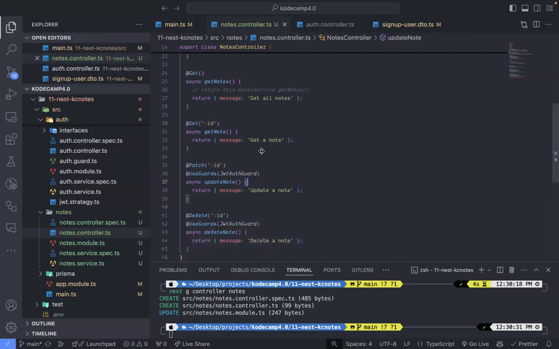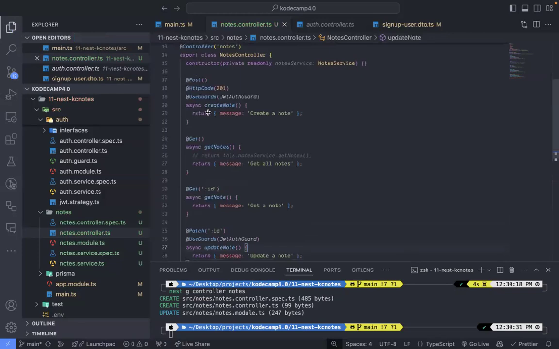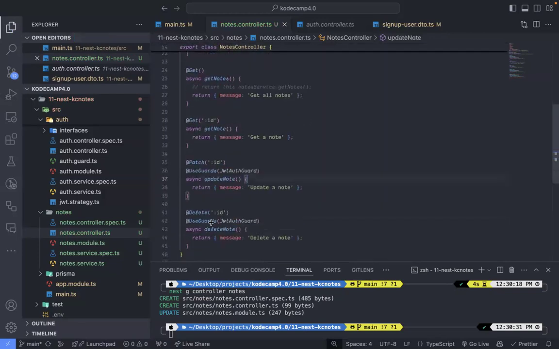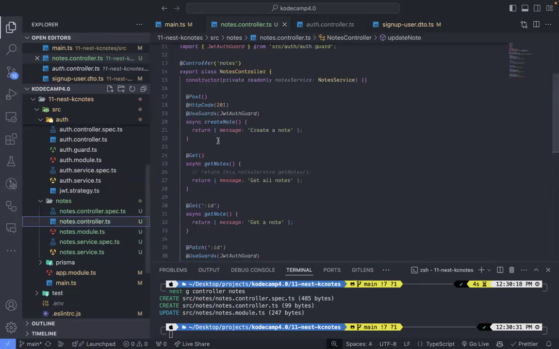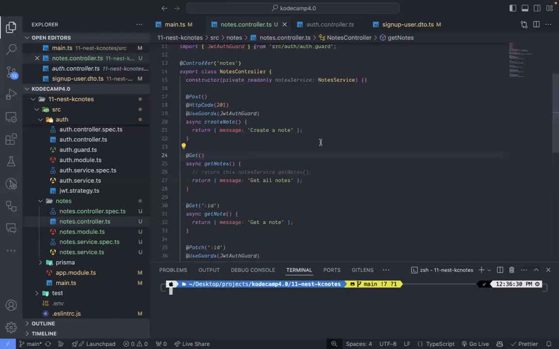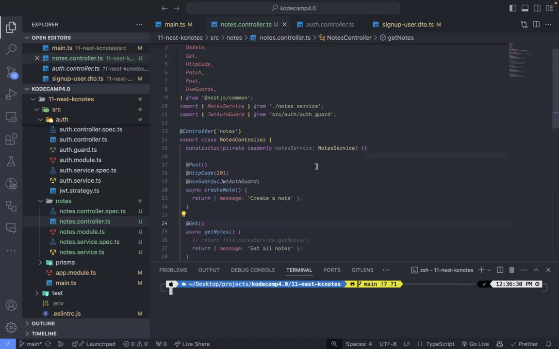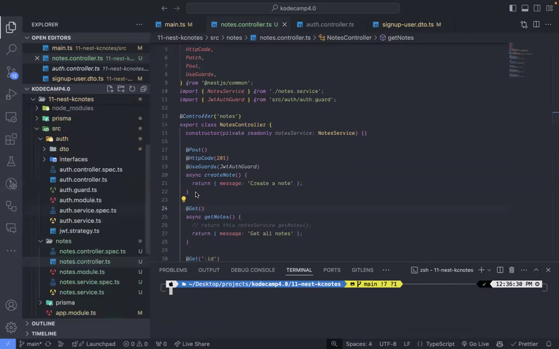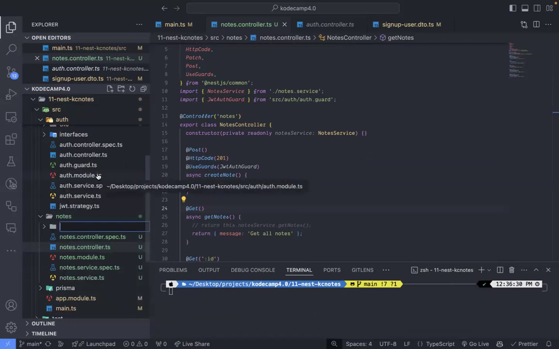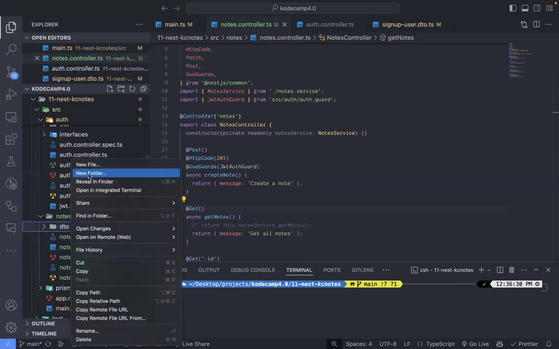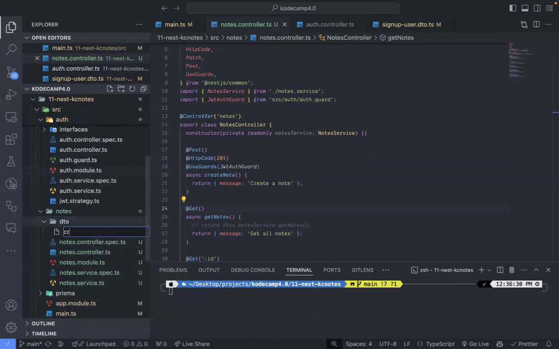Okay, so we have our routes. How many routes do we have? We have 1, 2, 3, 4, and 5, I guess. Yes, we have 5 routes. Okay, so now that we have 5 routes, let's clear our terminal. Then we start with, we create another folder here, which is DTO. We create a DTO for notes. And then we say this is a create new file, create note